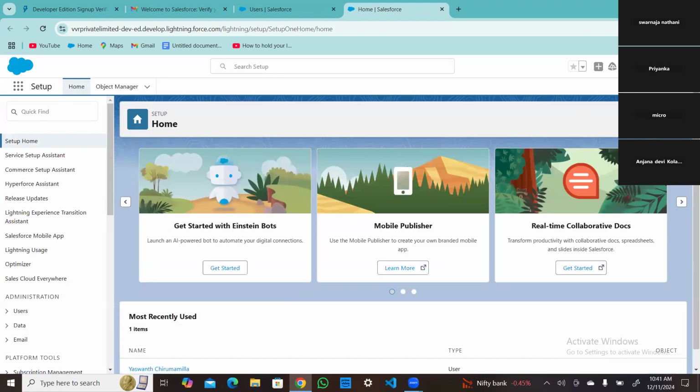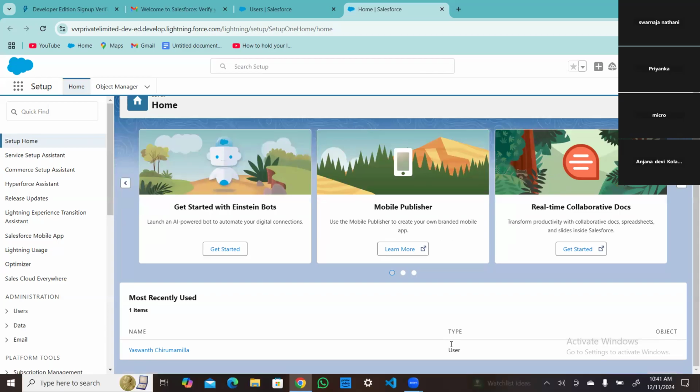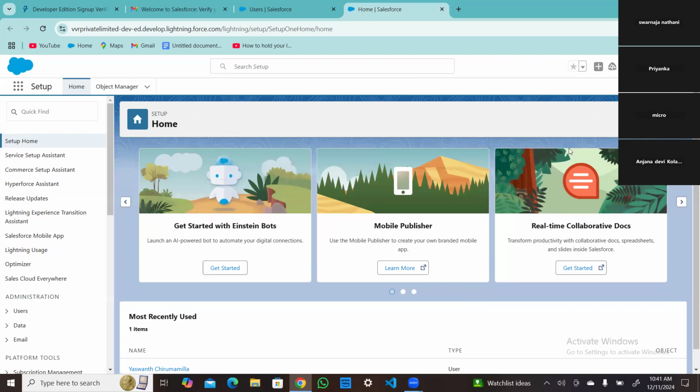In the setup, you have a lot of customizations, guys. There is a quick find option, right? That is your search box, and basically you will have so many options below. Actually, quick find is something next below your app launcher icon. You will be seeing one quick find. Okay, that is the quick find.